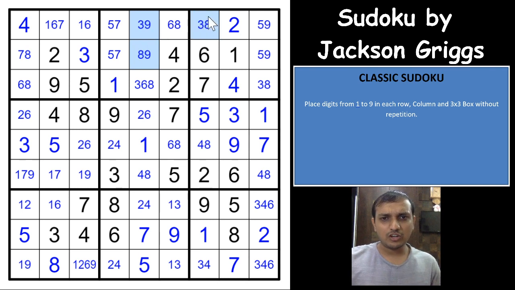the cells which are not seeing each other, right? So these 2 cells which are not seeing each other, a Y-wing works in such a way that you have a middle cell that is seeing both of these other cells, and these two cells which are not seeing each other will have a common digit, that is 8 here in this case. So it's always AB, BC and AC. Y-wing always works in this way.